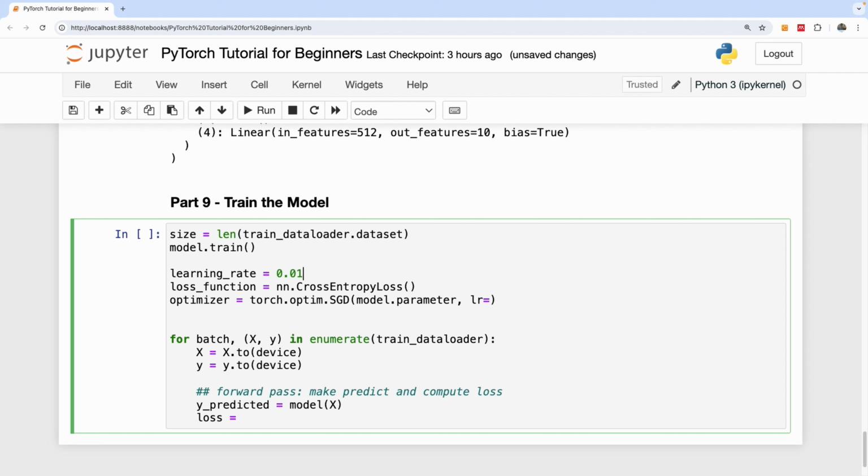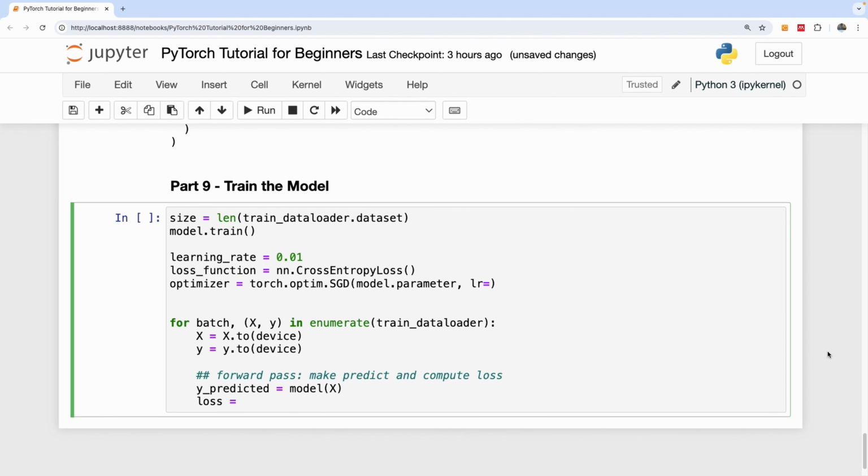So you may be asking, what is the learning rate? Learning rate is used to set how the weight of the network changes. So how frequently do you want to adjust the weight of the networks based on the loss computed? So the LR is learning rate. So I'm going to give it a learning rate of 0.01. And at this point,